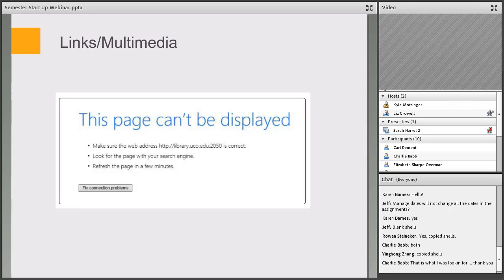So the next thing that we want to check after dates are the links. And so often we see, what worked last semester may not work this semester. And so we recommend that you go through and you check every single link, especially before it goes live. Not only is this a good start of semester